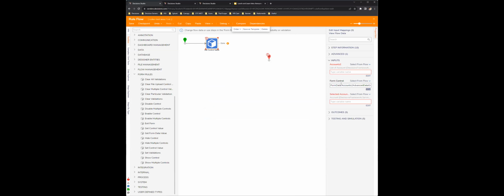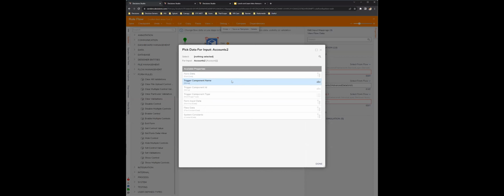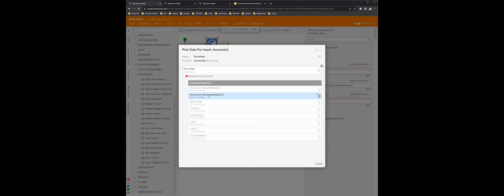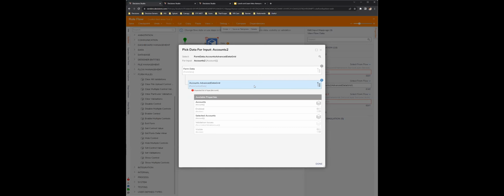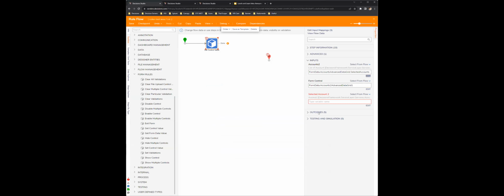And then from here, it's going to ask us for two things. The list of the accounts, and we're going to get that from what is selected on the first data grid. So selected accounts, and we know this is a list of these selected accounts.